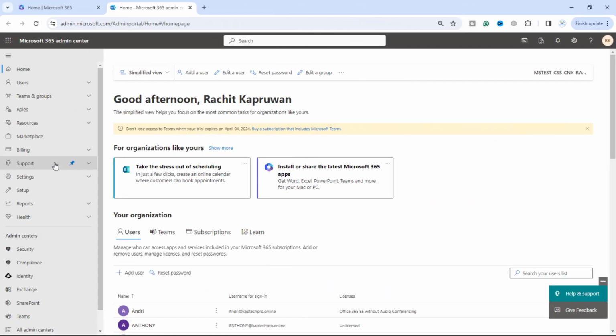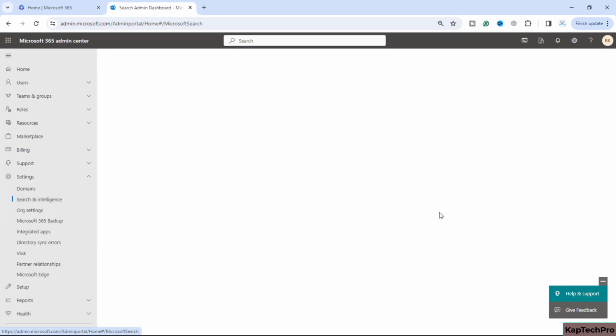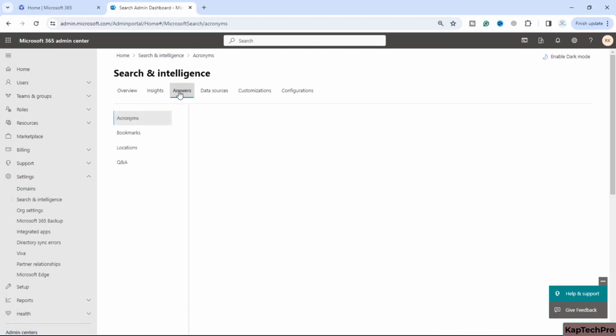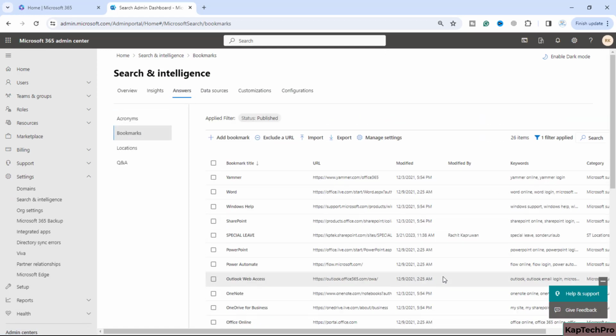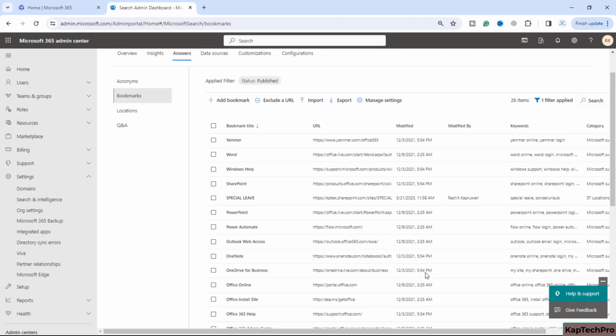Okay friends, so now we are on our M365 admin center. We will expand the settings and here you will find search and intelligence. If I click on it, you will see multiple tabs. You have to click on answers, then here you will find bookmarks. I have already pre-created some bookmarks, but let me show you how we can create a new